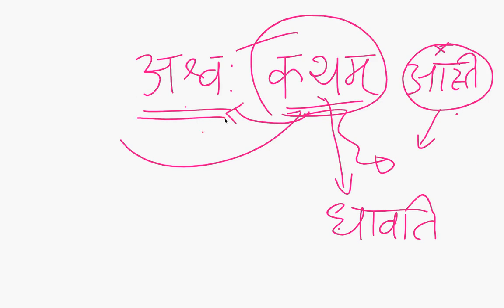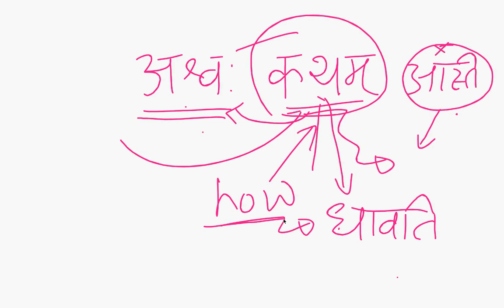So when the sentence is Ashvaha katham dhavati, if we add katham there, it means how, and the answer will be kriya visheshana, because how applies to that sentence. Ashvaha katham dhavati, athva katham ashva dhavati. Correct. So I think the same thing goes with English also, right? When we say horse is running, when we add the word how, then that how applies to the verb, right? How is horse running?